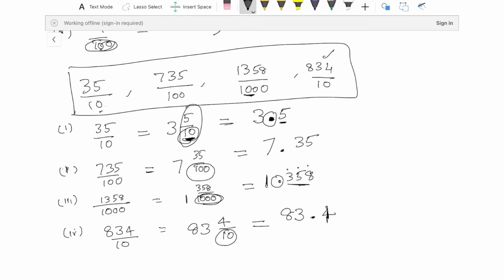We also observe that if a fraction is improper or a mixed fraction, then there is a whole number part. Can you see? When the fraction was a proper fraction, we saw that the whole number part is 0. But when it is improper or mixed, we have a whole number part. And the fraction part will be in the decimal number. So the whole number part will be here and the fraction part will be here.